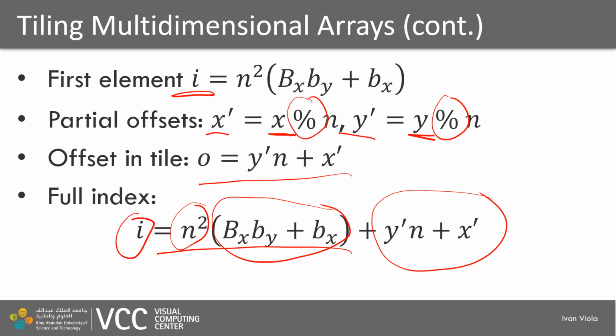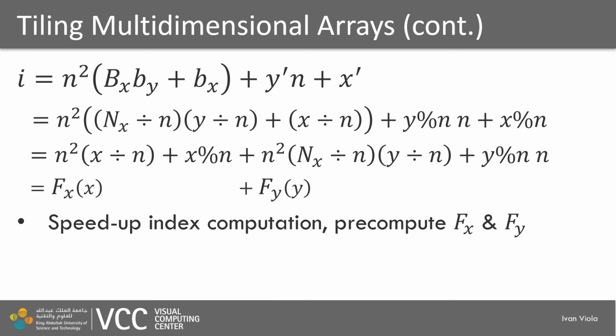This is already great, but there is a lot of calculation associated with it. So what can we do about it? Well, not much can be done about it, except pre-computing some of this information. So let's have a look. This is what we sort of ended up with. This is the full indexing calculation. And let's put in the actual values for these individual elements, which we have computed. So we can see